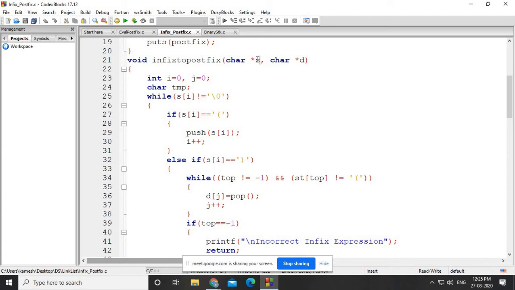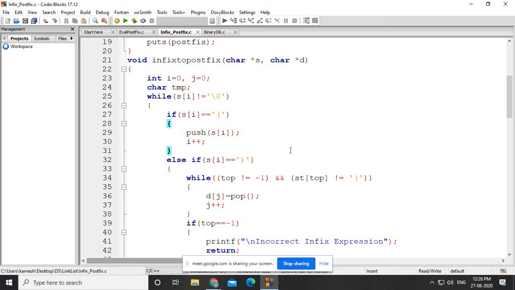Because my S pointer is pointing to the infix array, I have written something like this: initially we start with S of i, and here the value of i is 0, so you can understand the infix array's 0th element, that means we are taking the first character. Then slowly we will read the second character, third character, up till we get a null, which means your infix array has ended.